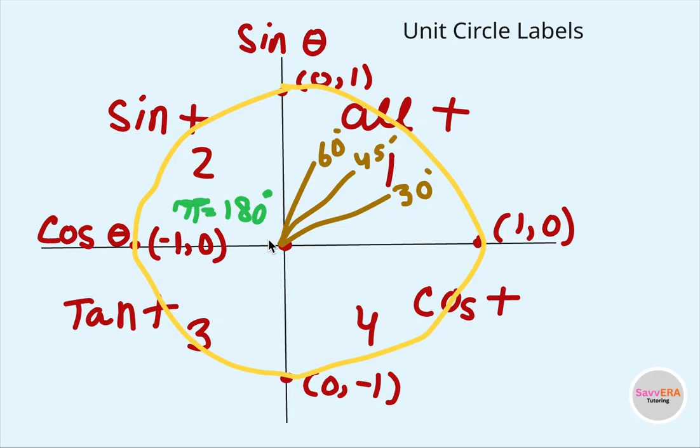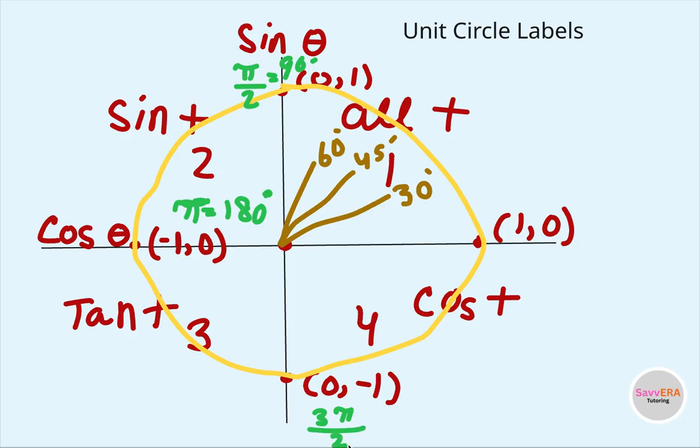So pi equals 180 degrees. If pi equals 180 degrees, then this is 90 degrees. So therefore, this right here will be pi divided by 2 to equal 90 degrees. Therefore, this right here is 3 pi